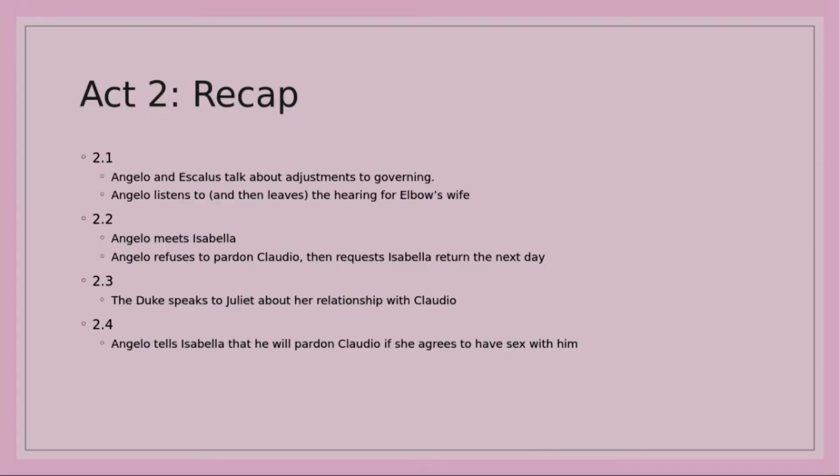So let's pop back to our PowerPoint again. Angelo asks Isabella to come back the next day, and he has this little monologue at the end of Act 2, Scene 2. He's sitting there talking to himself. Everybody has left, so it's just him. This is line 198 when it starts. And he says, from thee, even from thy virtue, what's this? What's this? Is this her fault or mine?